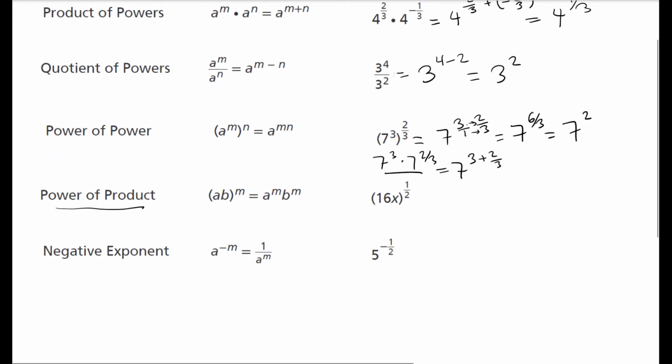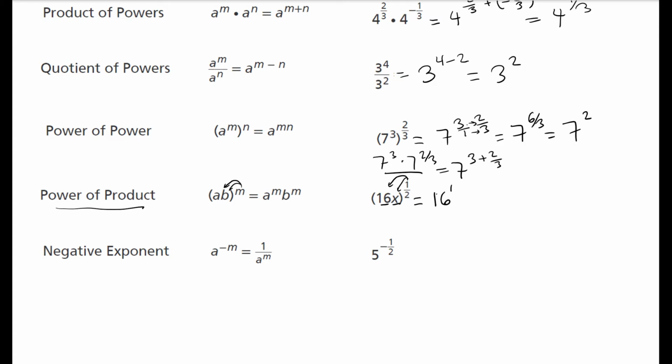Okay, so the next one, like I mentioned earlier, is what I call power to the people. When you have multiple things inside the parentheses, you can essentially distribute that power throughout to everyone. So in this case, you have a 16 and an x inside the parentheses, so you can distribute the 1/2 power to both of them. Now when you distribute the power to both of them, it's important to realize that you're really multiplying the exponents. So for example, the 16 here is 16 to the 1 power. So if I distribute the 1/2 power to the 16,